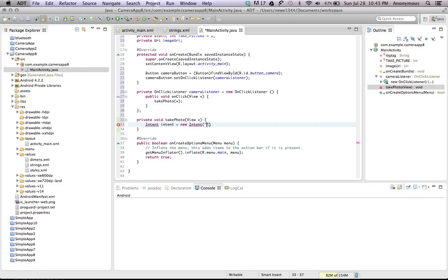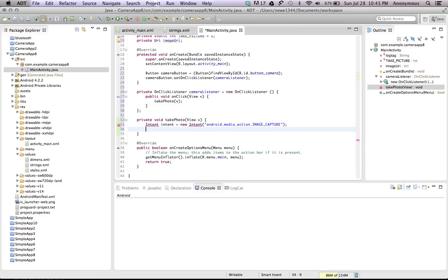and we're going to pass in a string for the intent we intend to use, and that's going to be android.media.action, and all caps, IMAGE_CAPTURE. This tells Android we're going to use the image capture function. The next thing we want to do is be able to store this. So we're going to create a new file,